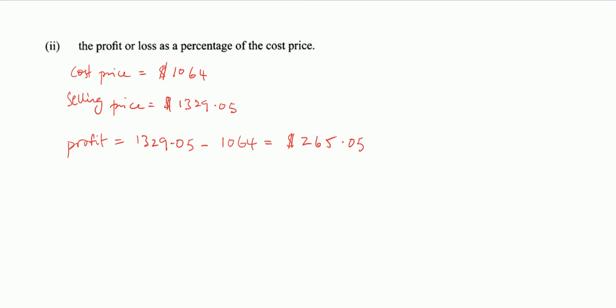But I want the profit as a percentage of the cost price. So the percentage profit will be equal to the actual profit, which is $265.05 divided by our cost price, which is $1,064, multiplied by 100. Alright, and that gives us a profit of about 24.9%. Okay,